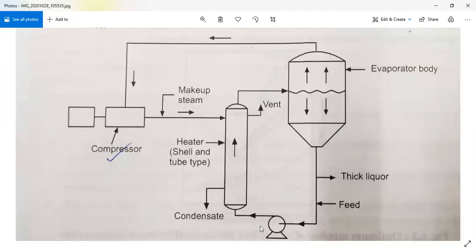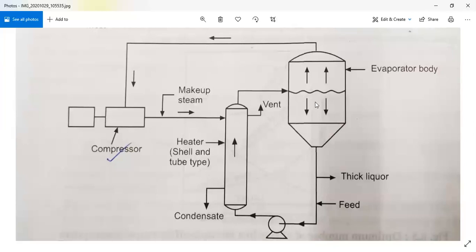So we are going to feed this weak solution or thin liquor through this shell and tube heat exchanger, and then we are going to provide this heated thin liquor to this evaporator assembly. In this evaporator body, the mechanism is one and the same. That feed is gaining the heat from the steam, and after getting the latent heat of the steam,